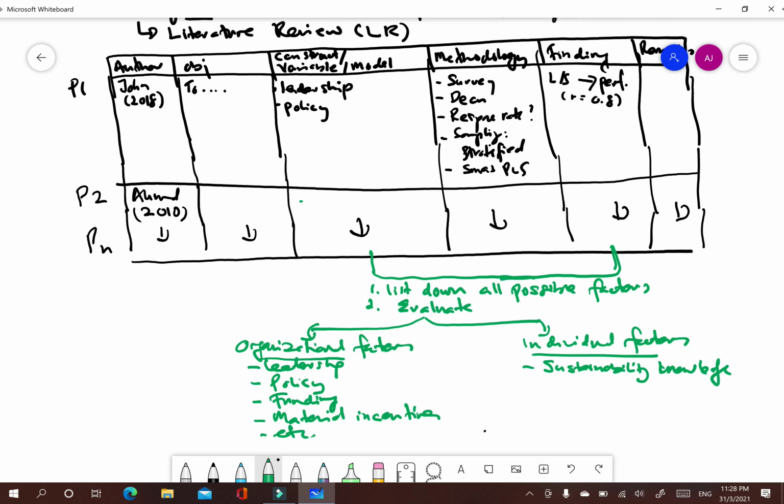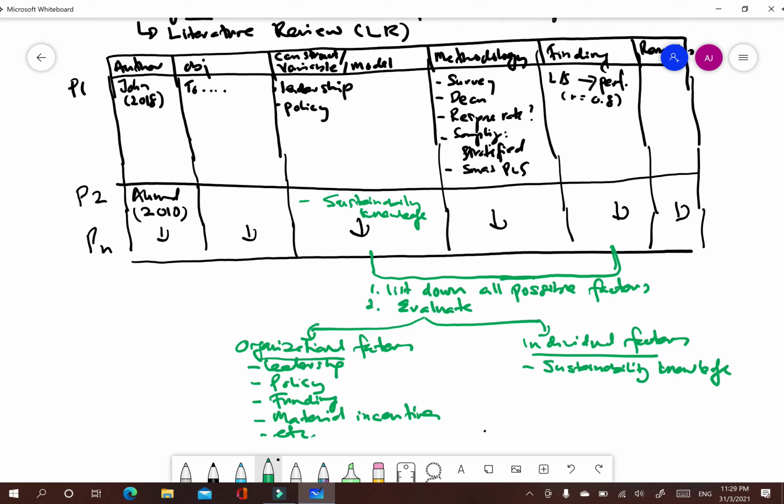Okay, maybe put it here. For example, Ahmad mentioned about sustainability knowledge. Okay, so basically you get all those information from this table, the master table here.